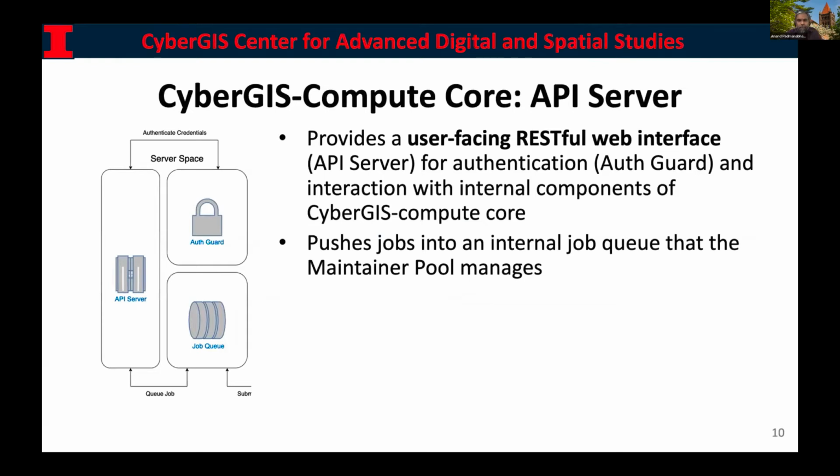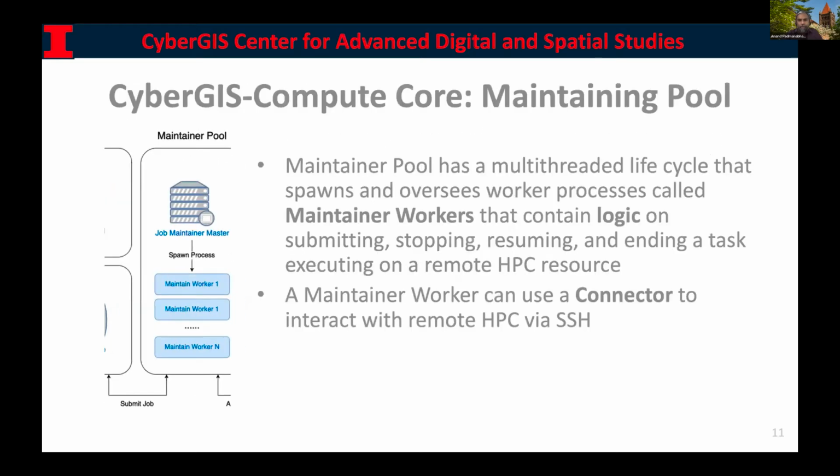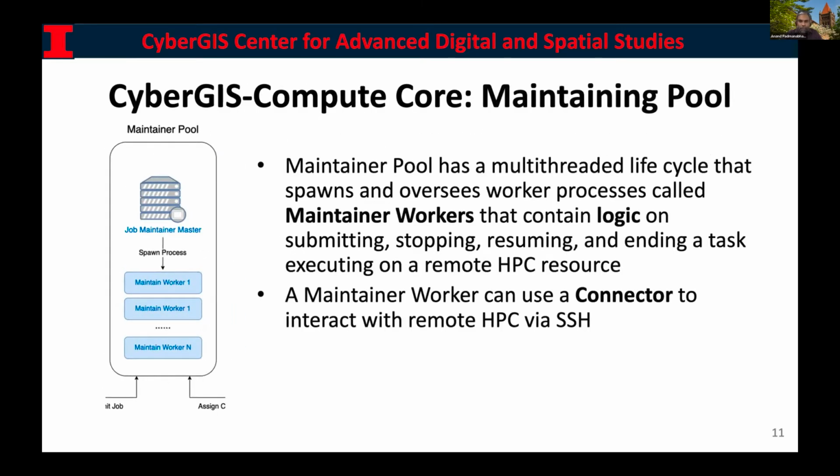So a little bit more detail. The compute API is the user-facing RESTful interface. It also provides authentication, so that we know who is actually submitting the job, and it pushes the job into a queue. The second one, the maintainer pool, oversees the logic of the execution of any particular model and talking to the HPC, and it connects to the HPC via the connector pool, which is